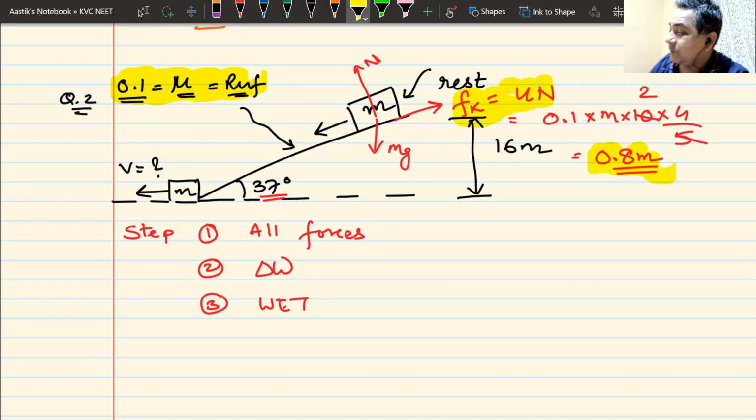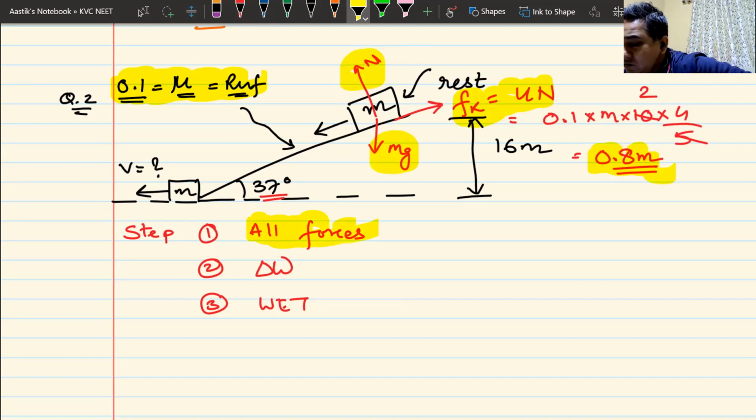One force is frictional force in yellow. The other force is normal reaction in yellow. The other force is mg. I have marked out all the three forces. All are yellow. We move on to the next step. Are we all agreeing with the step? Do we all get the first step? Note it down. The first step.